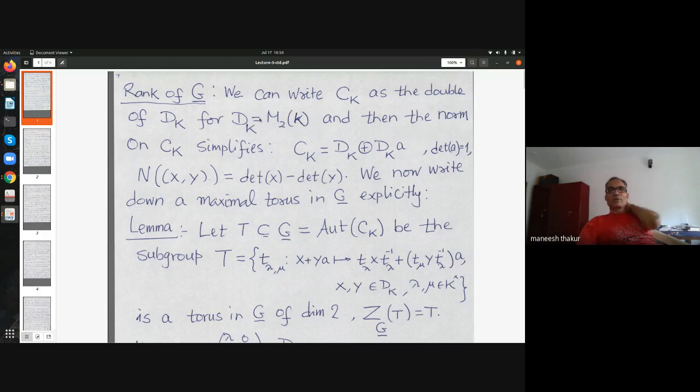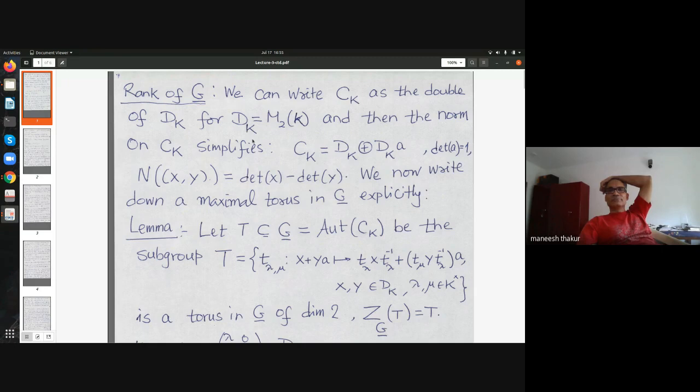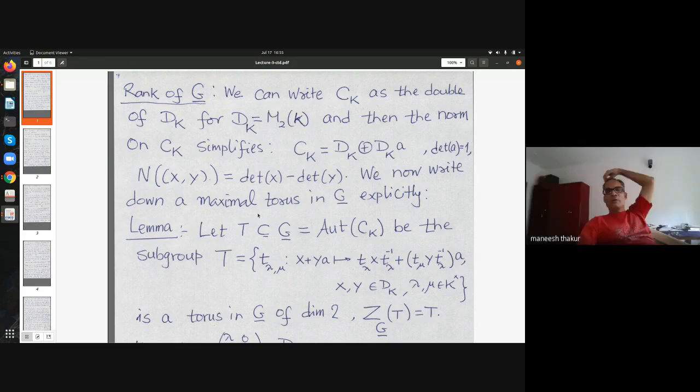Any isomorphism extends to an automorphism of C, and then I can conjugate by that and assume that actually it's C. But that isomorphism, you can choose any isomorphism, or over some k? Over capital K. Over small k or capital K? Capital K, I am writing. But then your K structure will be... No, I am not bothered about K structure. I just want to compute rank. I just want to calculate the rank. So I just want to write down a torus over K bar. So that torus is written here.